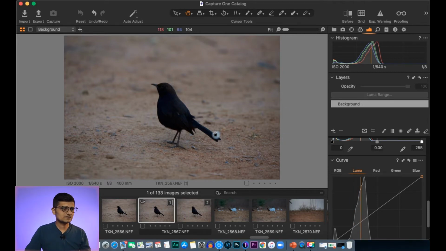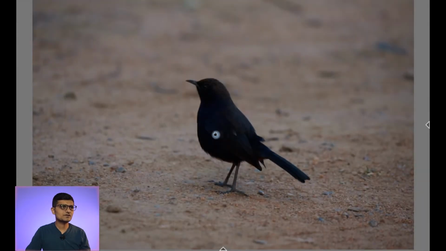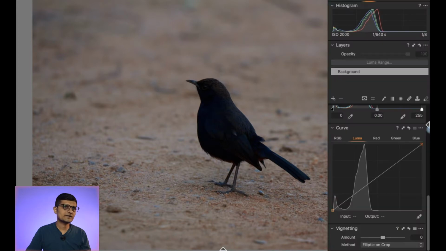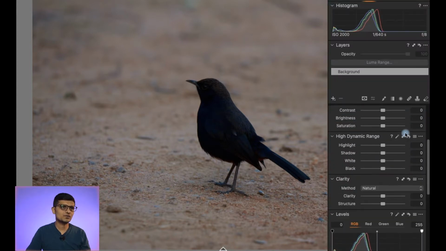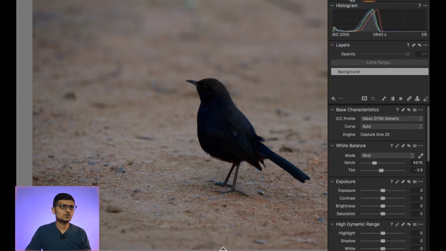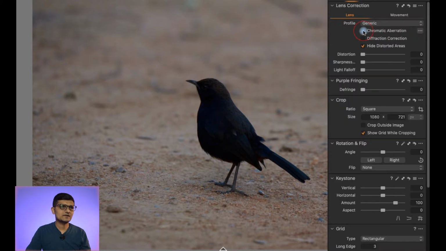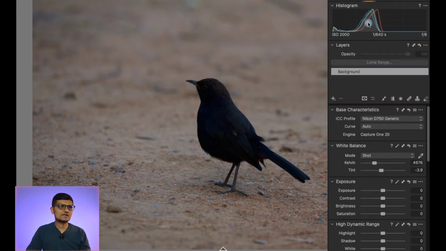Now let's go straight into the image. I prefer editing in full screen view. This is one of the features I like in Capture One, which we do not have in Lightroom. So first I'm going to go to the lens correction tab and remove chromatic aberration. As you can see here, it is analyzing for the chromatic aberration and removing the purple fringe all the way. Now let's go to